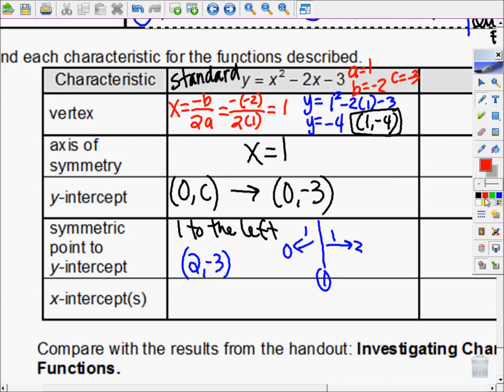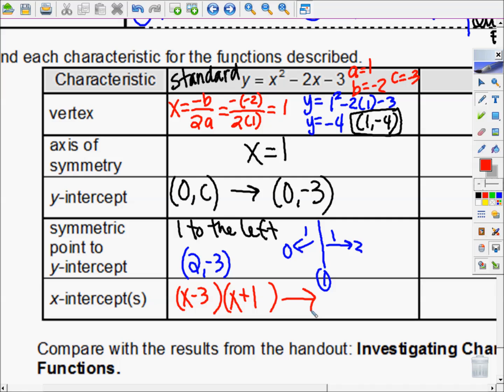So if I was to mental factor this, what times what gives me -3, but adds to give me -2? -3 and a positive 1. Because -3 plus 1 is -2, and -3 times 1 is -3. Those are the two numbers I needed. All right, what this allows me to do is to say, if I was to solve this for 0,